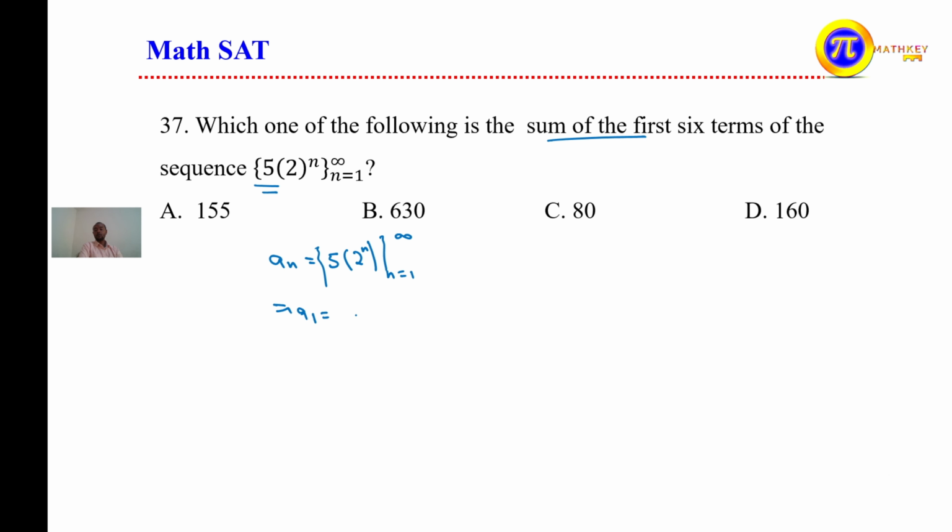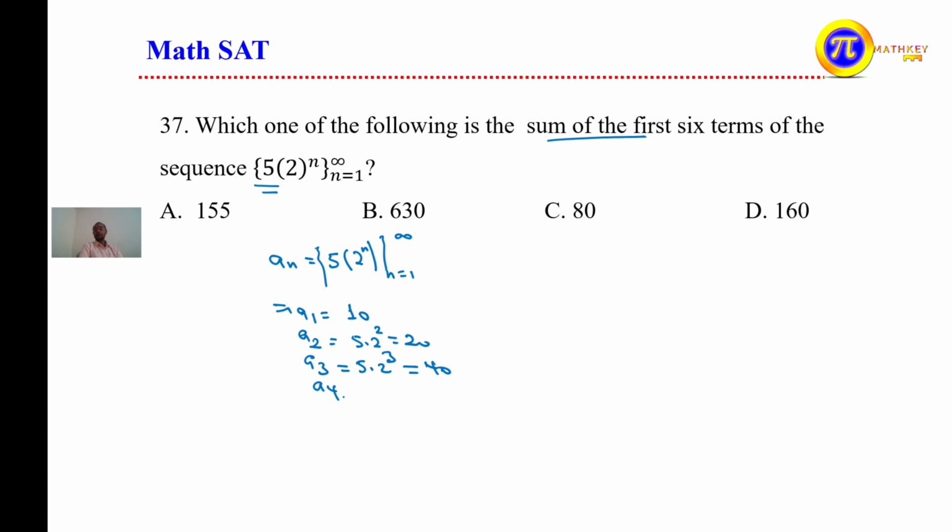a1 ስንወስድ n1 ስለሚሆን 5 ሲባዛ 2 that is 10 ይሆናል። What is a2? ማለት 5 ሲባዛ 2 to the power of 2, that is 4 ስለሚሆን this is 5 times 2 to the power of 2 which is equal to 20. What about the third term? a3 is equal to 5 times 2 to the power of 3. To the power of 3, 8 ነው፣ 8 times 5, that is 40 ይሆናል።